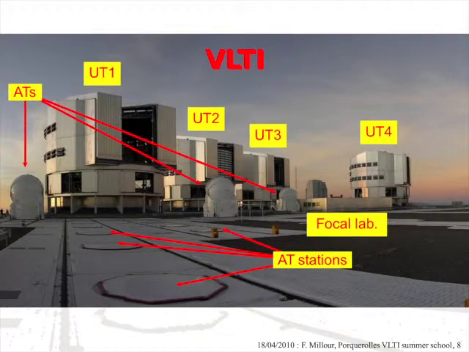So that's the VLTI, an example of an interferometer. You have big telescopes here and small telescopes there. Maybe, did you show it already? No? So it's made of four 8-meter telescopes, which are fixed, plus these small telescopes, which are 1.8 meter telescopes, so quite big still, which can be moved on these rails that you see in front here. And in this building here, you have all the instruments, where you make the recombination of the light.